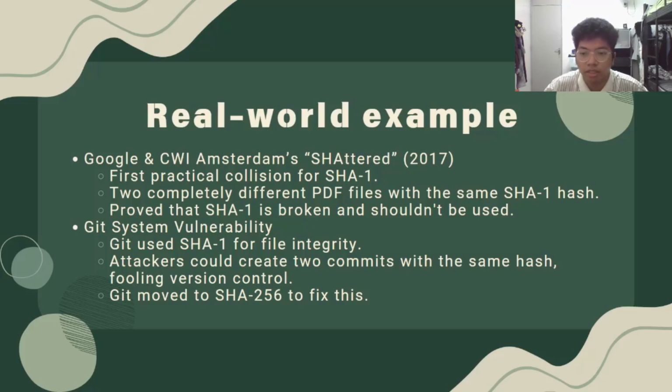Another one is the Git system vulnerability. Since Git used SHA-1 for file integrity, attackers could create two commits with the same hash, fooling version control. That made Git move to SHA-256 to fix this, which has higher security. That's all from me. I will pass it to my next friend.